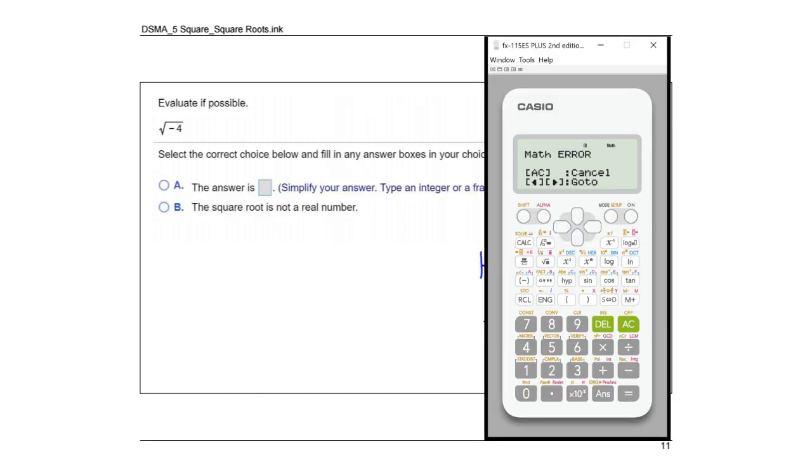Now, sometimes we can't find a square root. The square root of negative 4, if you type that into your calculator, you're going to get a math error because there is no real number that could give us negative 4. So if we're trying to multiply a number times itself and get negative 4, there's no way to do it. If I take negative 2 times negative 2, I'm going to get positive 4. So that's not going to work. And so we call this an imaginary number. It's not a real number. And so when you get that error, you're going to go ahead and say the square root is not a